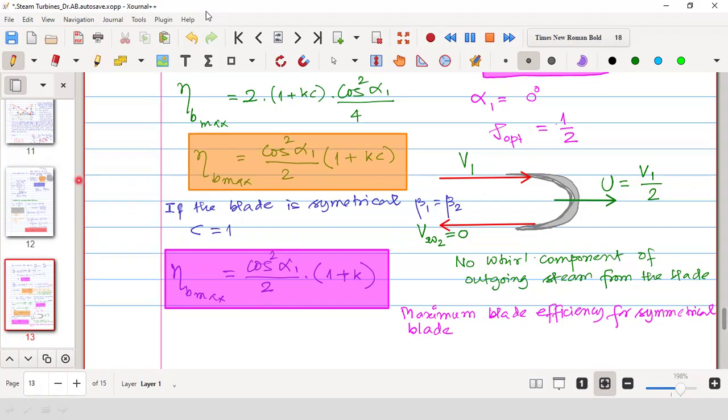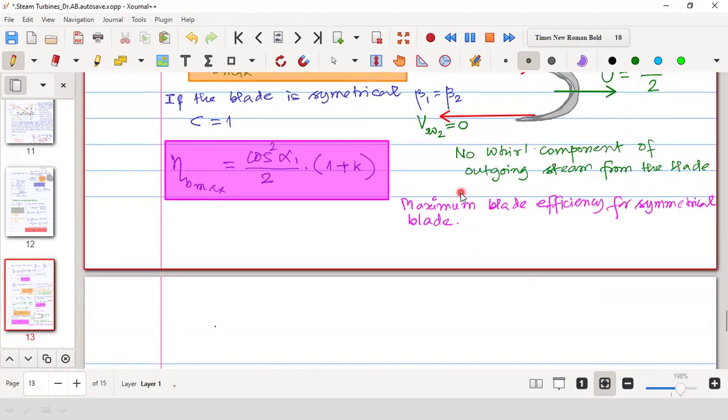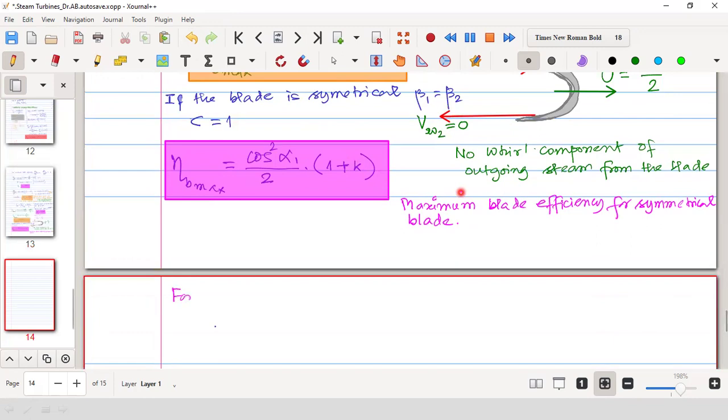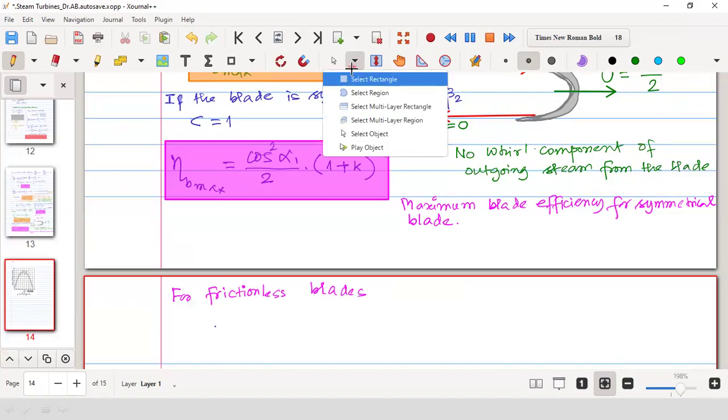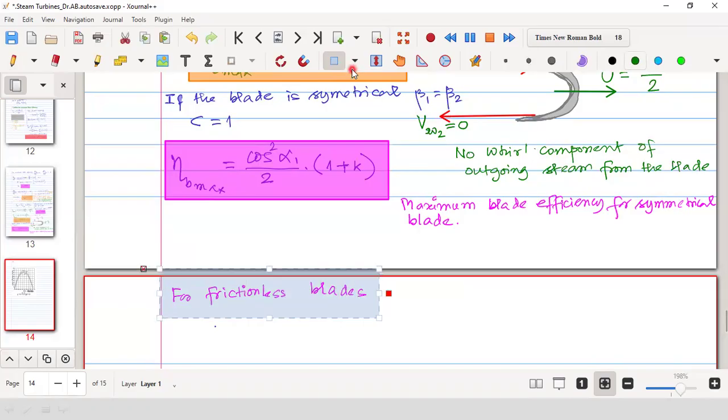Next is if we have smooth blade, that is frictionless blade, in that case, for frictionless blades,